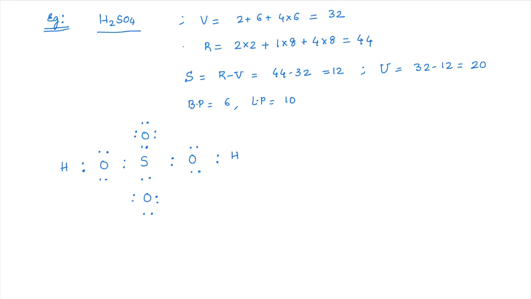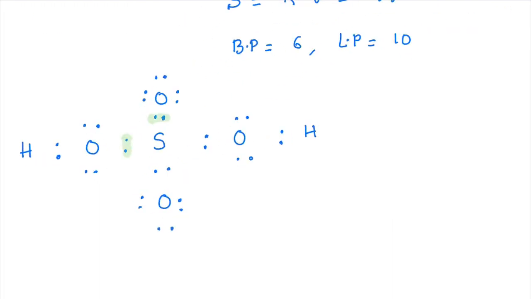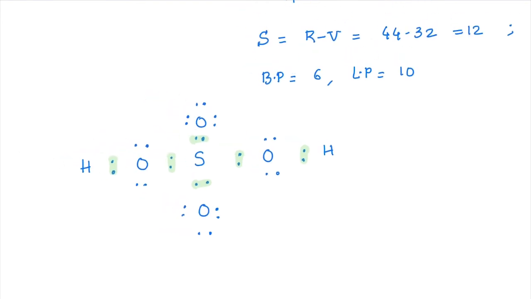Okay, so see the number of bonded pairs here now. Bonded pair, bonded pair, bonded pair, bonded pair, bonded pair, and bonded pair. So how many bonded pairs did we see? 6, right? That is what we got. Okay, guys. See the number of lone pairs now. Lone pair, lone pair, lone pair, 3, 4, 5, 6, 7, 8, 9, 10. So you can check, there are 10 lone pairs. Okay. 6 bonded pairs and 10 lone pairs in this.